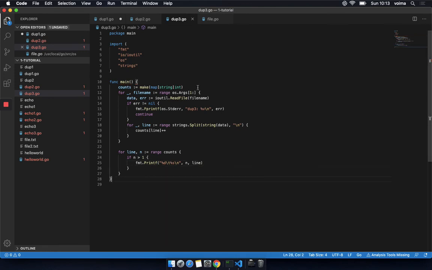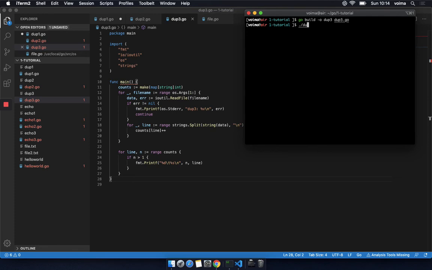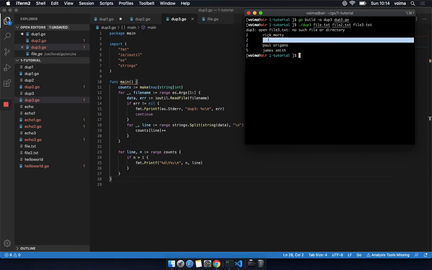Okay, let's try this. So now we don't read the standard input anymore, but they want to probably show that read file is faster. Go build dup3. File on file 2 and file 3, which doesn't exist. dup3 open file, no such file or directory, but it read. Okay,